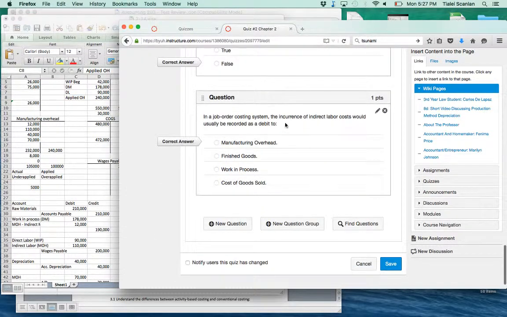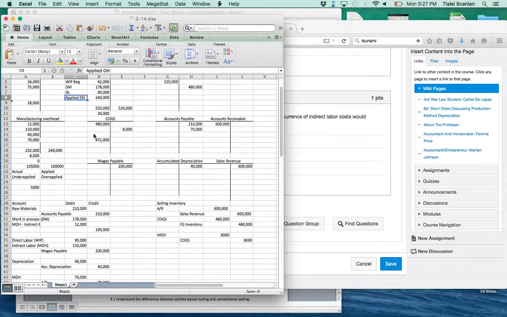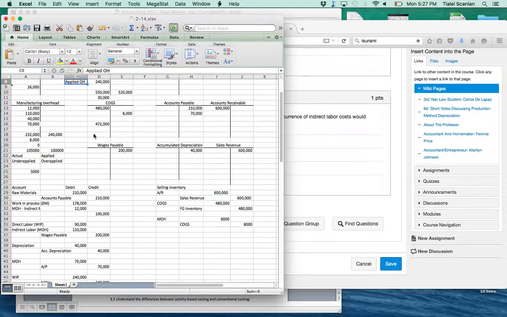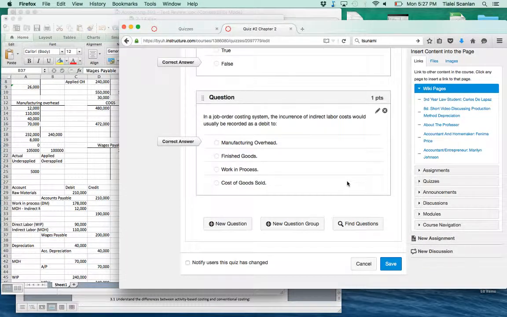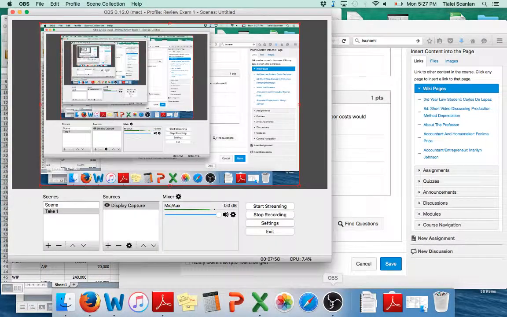And finally, in a job order costing system, the occurrence of indirect labor costs would be recorded as a debit to manufacturing overhead. So over here, we had indirect labor, right? And indirect labor goes straight to manufacturing overhead, and the credit is wages payable because you have to pay those workers that are indirectly working on the product. So I just want to end with that. That's just a review of the